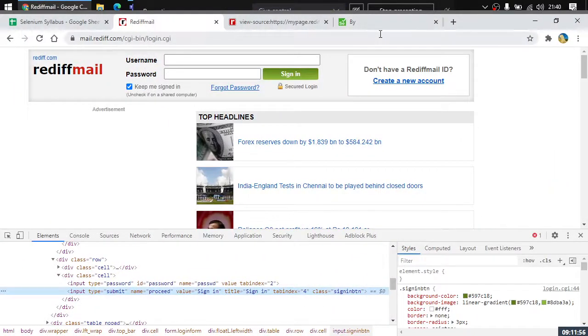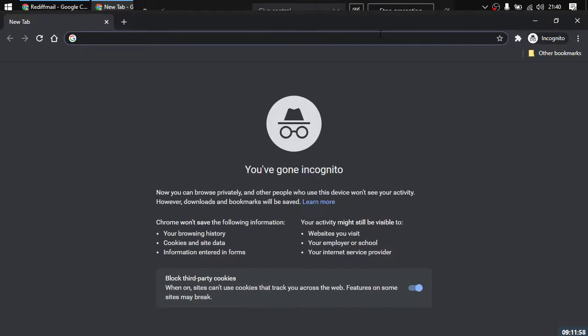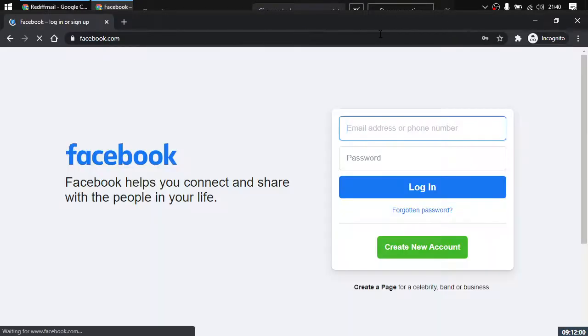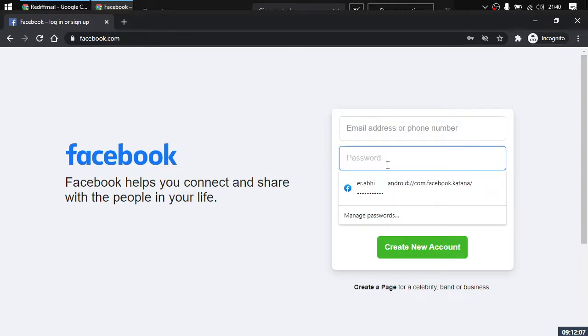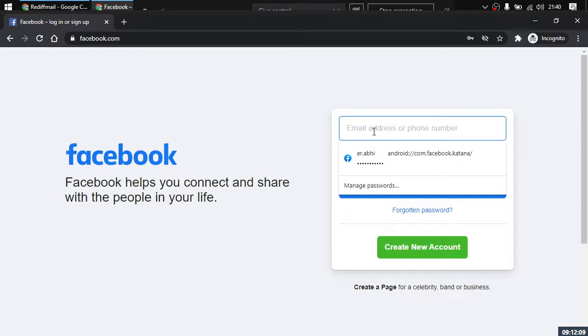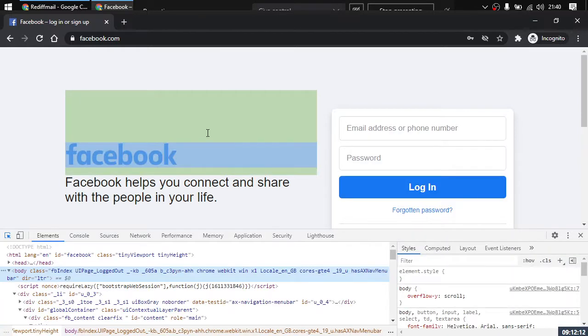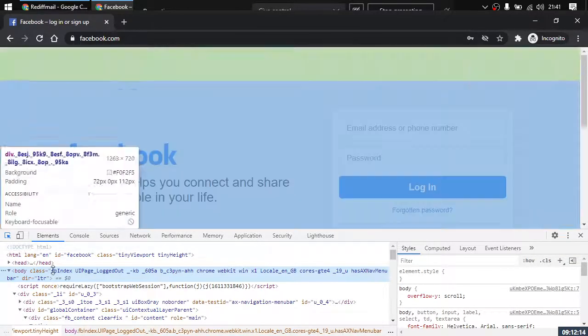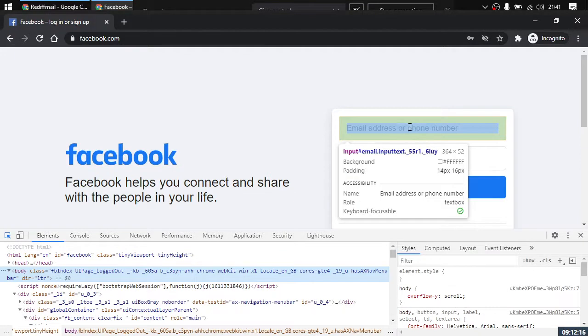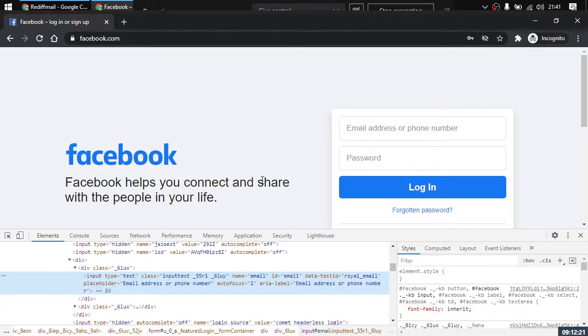What website? Let us just consider some website that you guys usually use. Facebook.com, right? Here on this particular page, you can see that there is an email field and there is a password field, right? So let us just analyze this page. Control Shift C, it will be opening up the window as well, plus it will take us to that inspector mode directly. Click here, you can see that there is a tag name as input, type is text, and name is email, id is email.